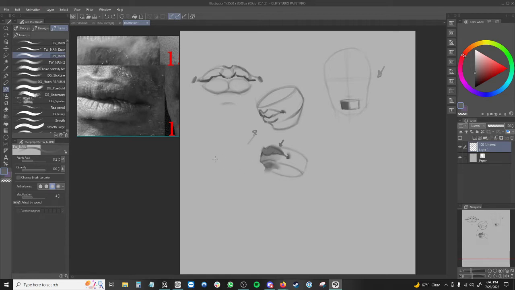But a lot of times people make the mistake of doing this kind of thing. They're drawing lips and it just gets very flat. But this is not what we want to do, because what you end up doing when you do this kind of thing is you're starting to draw what we'd call iconography. It's like the icon of something, right? Like if you were going to draw an icon of an eye,